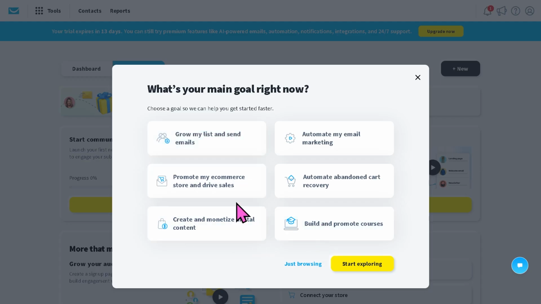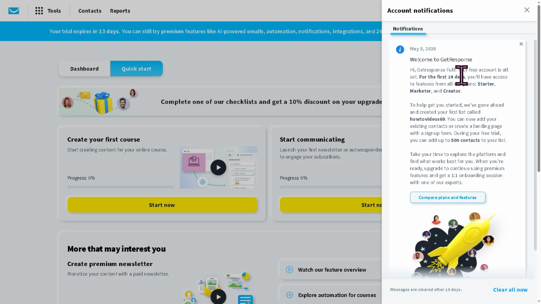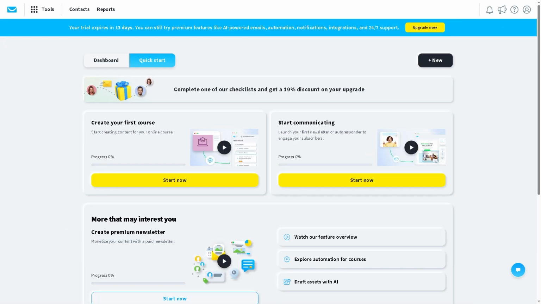So take a moment, choose wisely, and set yourself up for success right from the start. But if you are just browsing, it's okay. In our case, I am going to click Start Exploring because I am going to walk you through the dashboard itself. There's going to be an account notification that your account is on a free trial for a generous 14 days. Okay, so we're going to skip this for now